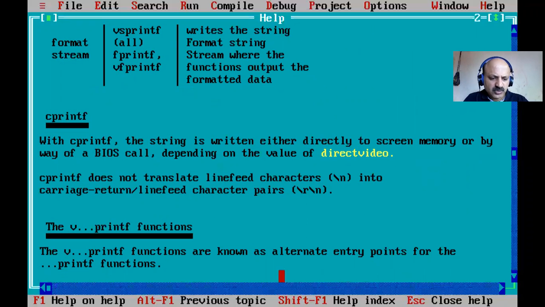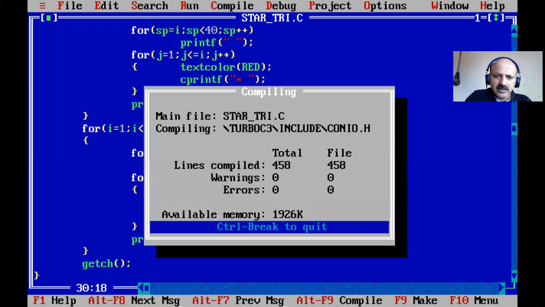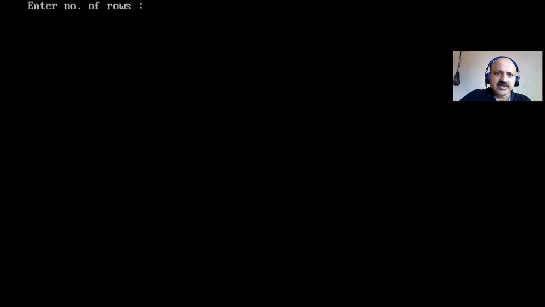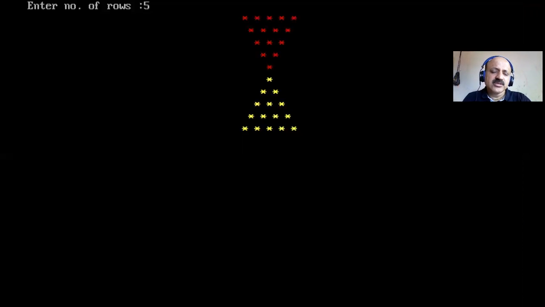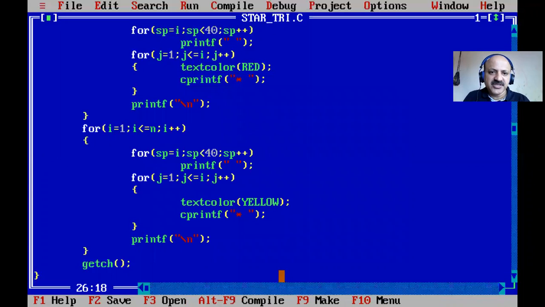Okay, so I just execute and compile. Yes, there is no error, and let us check what happened. So yes, look at the red and yellow color of that timer shape. We can say that is a timer shape triangle stars pattern. Okay, and how can we make it blink? That is the magic. Now what is the magic? So here I can just add a plus sign. Yes, and then plus and then capital BLINK.